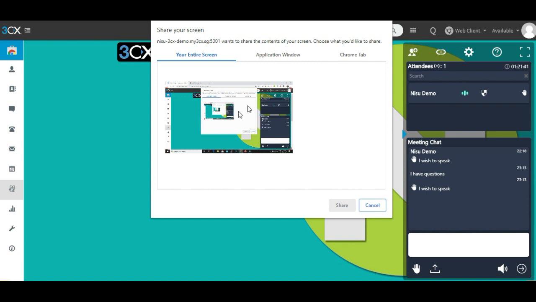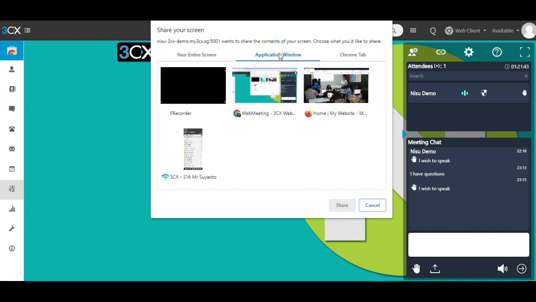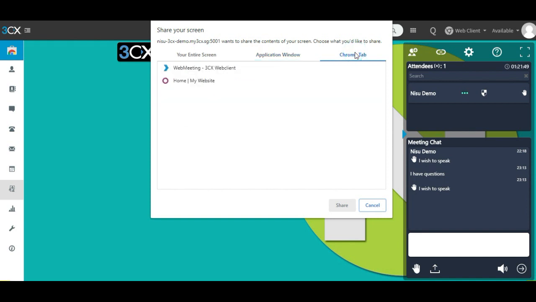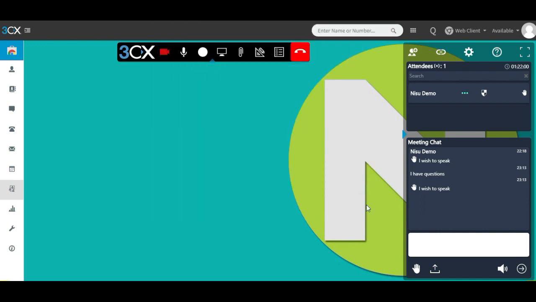I can teach them what to do, or I can share with them a certain application on my computer, or I can only share a certain Chrome tab to them. Click this one, click share, and they can see my screen. They can see what I'm doing, and I can guide them step by step.